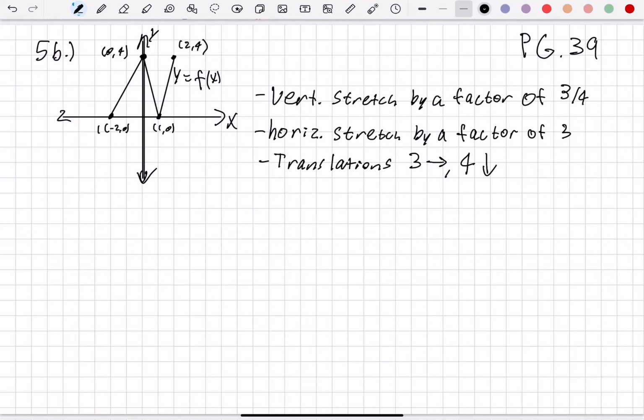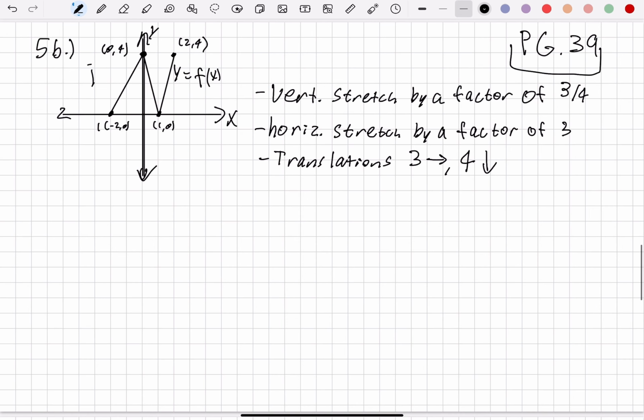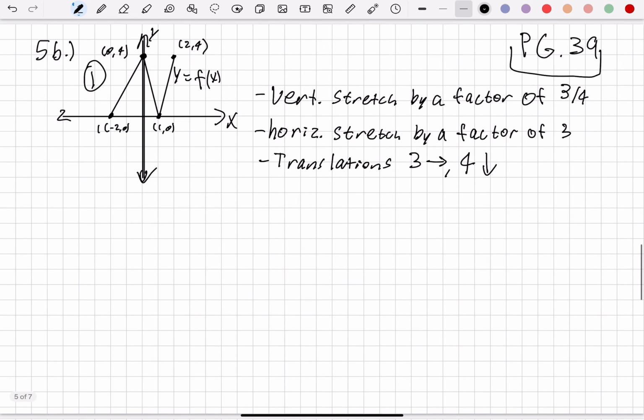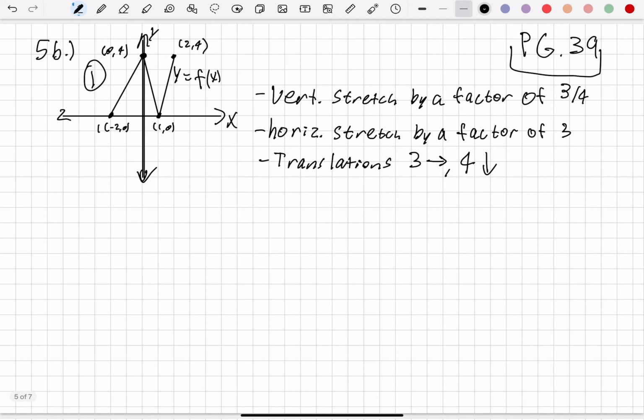So now we're going to get into combining transformations here on page 39, 5b, where we're given a graph and we're given a set of translations and transformations, and we need to then draw the new graph. So the first thing to do is to write out all of our points that we know are whole numbers. So in this case, we have point 1, point 2, we'll call that point 3, and then we'll call that